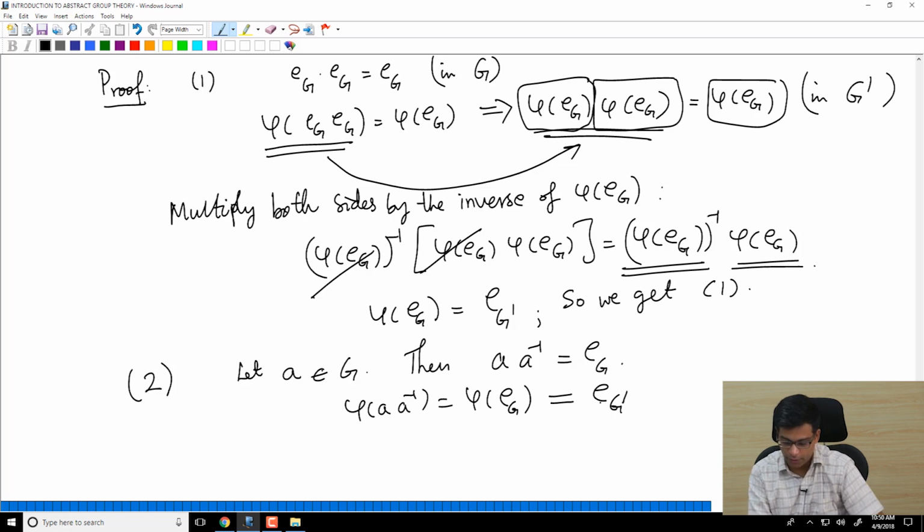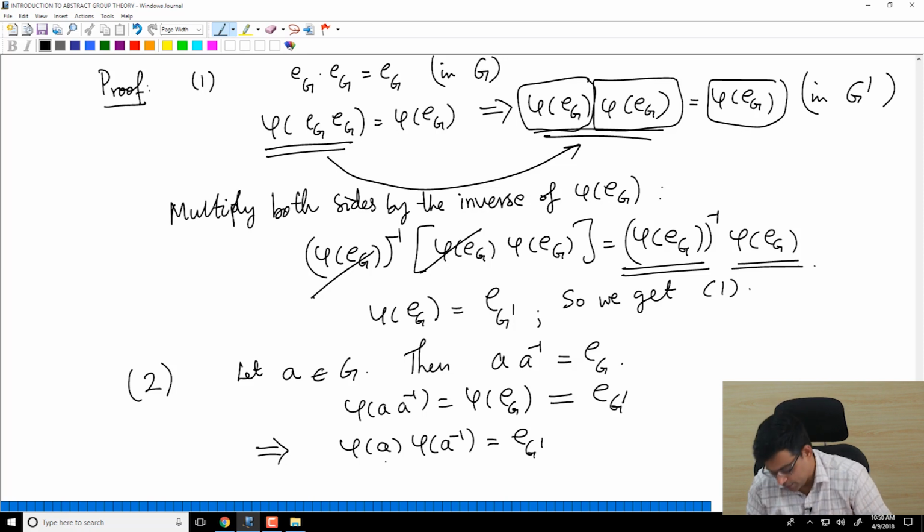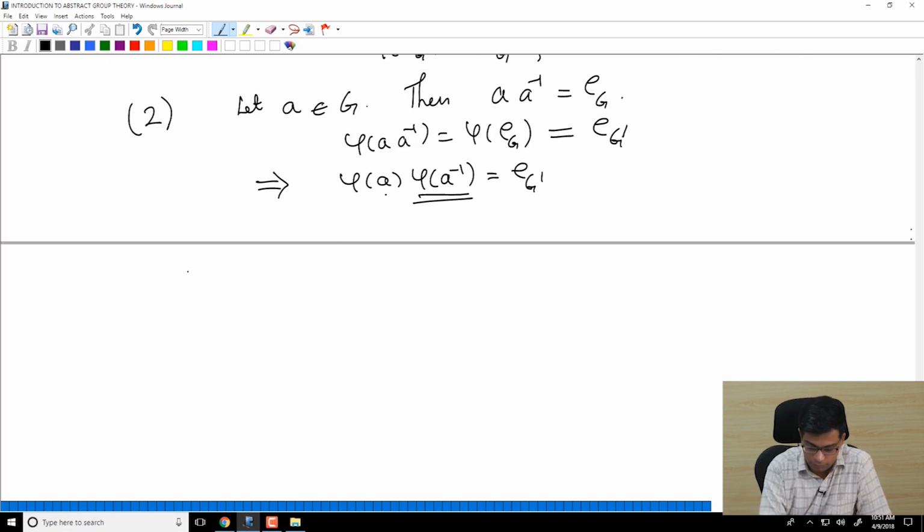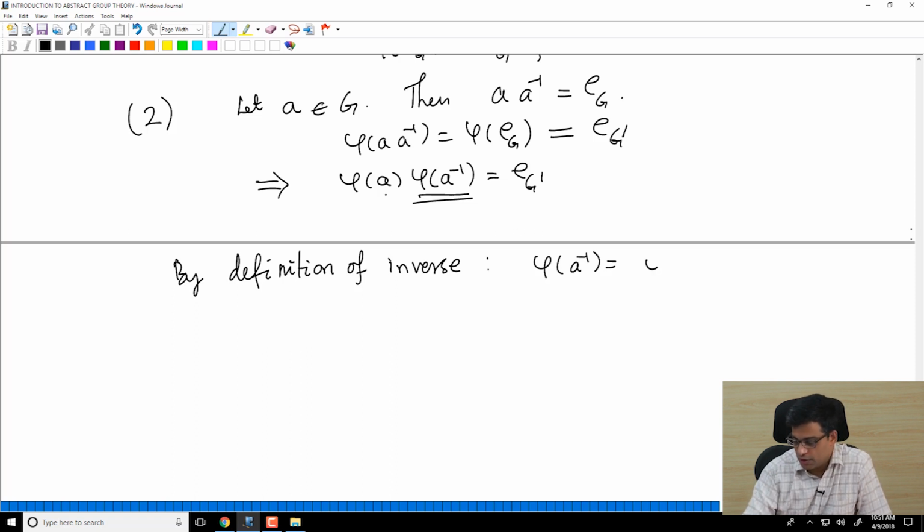Phi of e_G is e_G prime. Now the group homomorphism property says that phi of a times phi of a inverse is e_G prime. But remember, the inverse is the unique element which has the property that phi of a times it is e_G prime. So by the definition of inverse, we must have phi of a inverse is phi of a